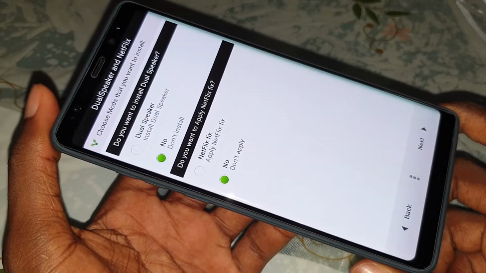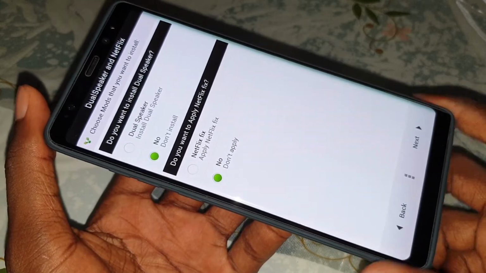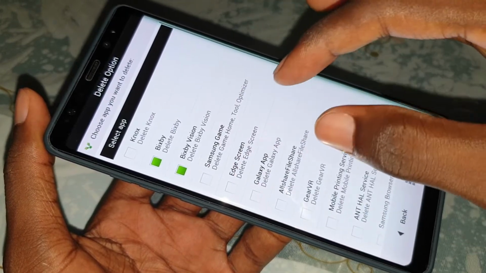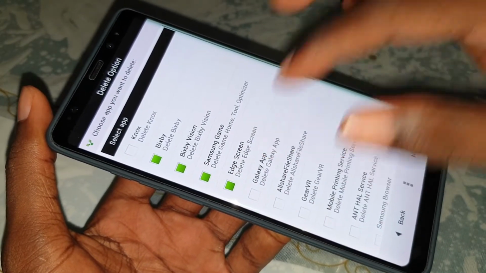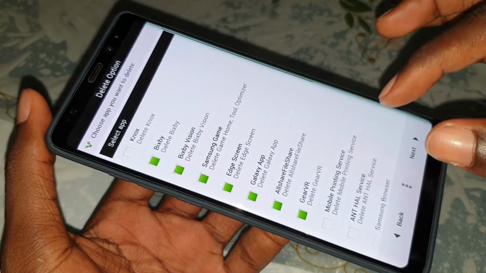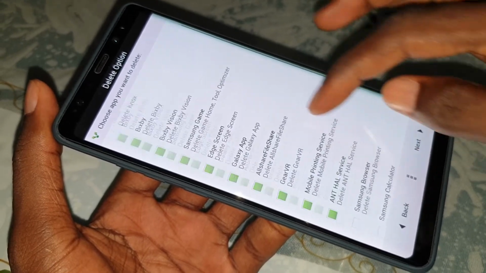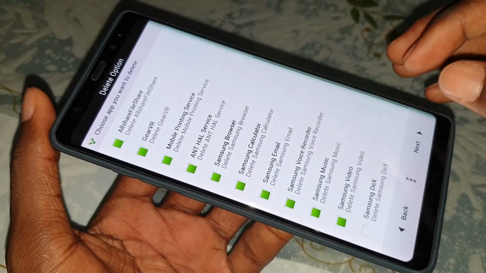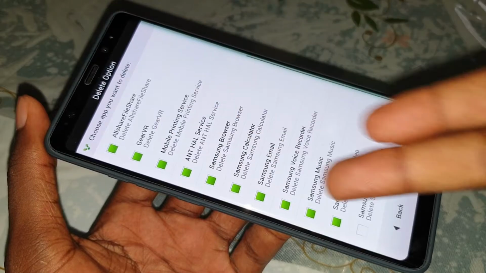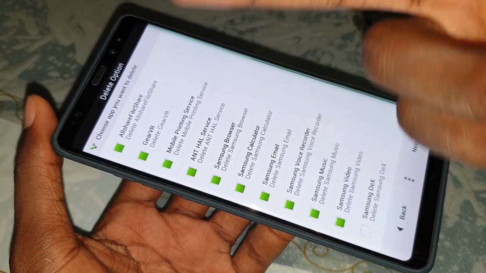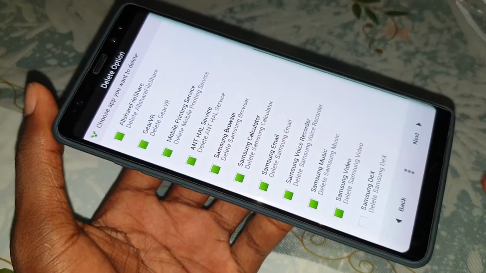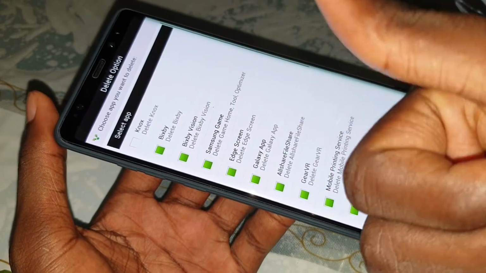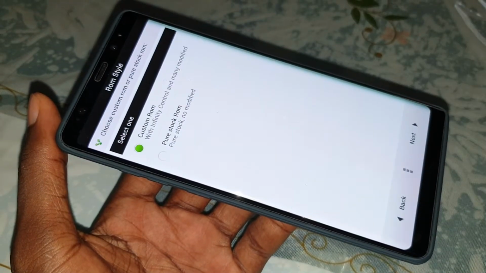Configuration started. Make your choice and continue. BSB, yes. BC Vision, Samsung Game, and Samsung Application, Ultra, Gear VR. Okay. Select what you want to install on your phone. If you install and you don't see all of this, you can come here and reinstall and deselect this, like that, to try to see. Okay. Let's see before. If it's okay, I will tell you at the end of this video, and let's go.